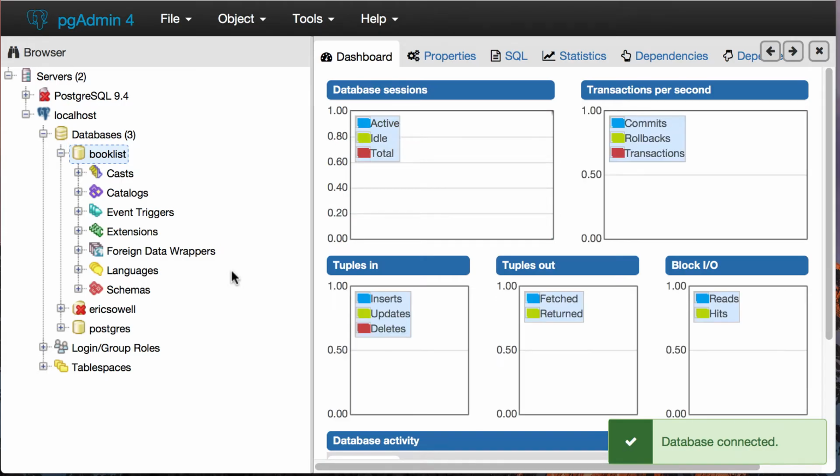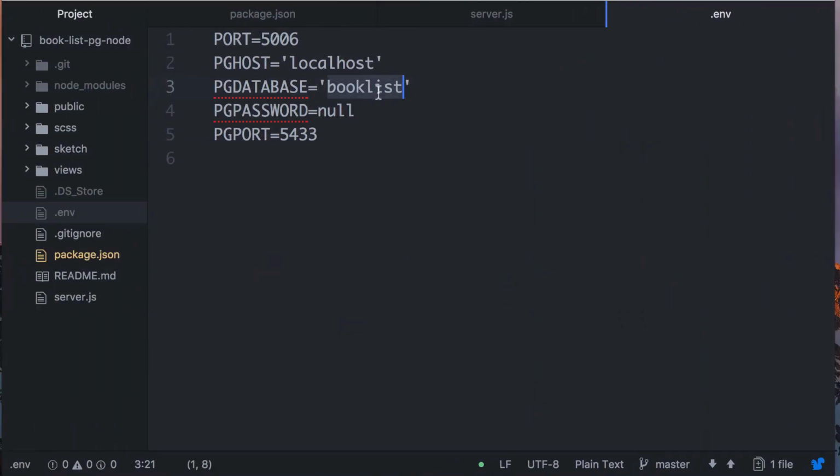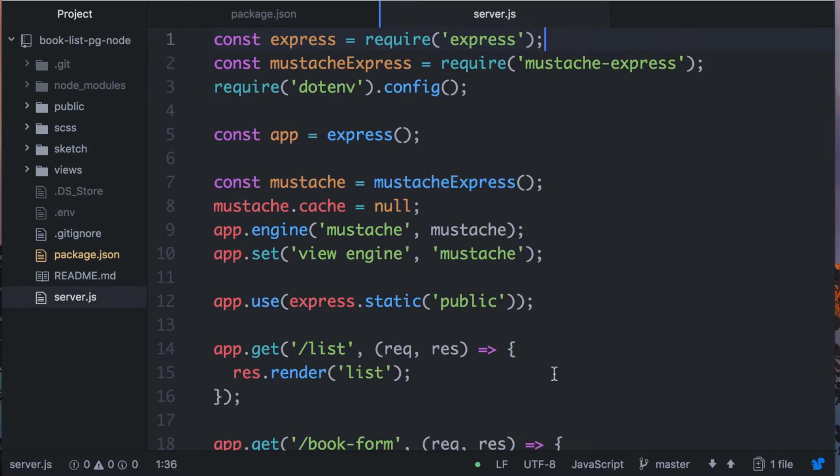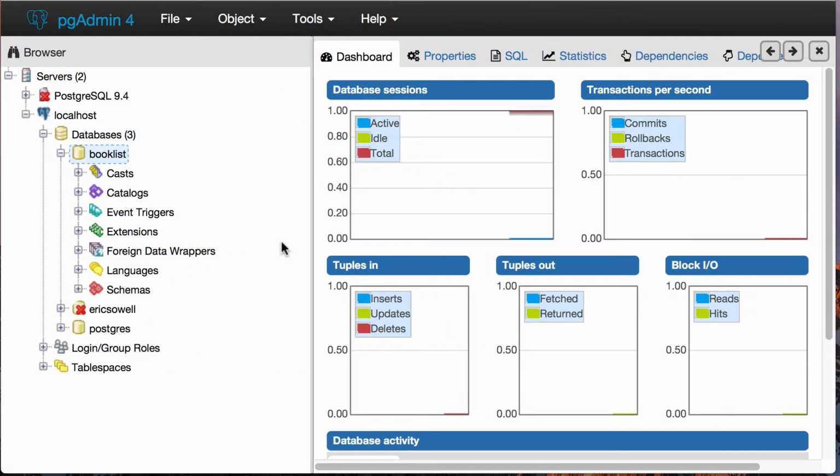Now we're connected. So that is super important. Localhost is this computer. I'm connected to that server on this computer at this port. I don't need a password. Book list for the database. I think we're now probably done with this file. And that file. Okay, so